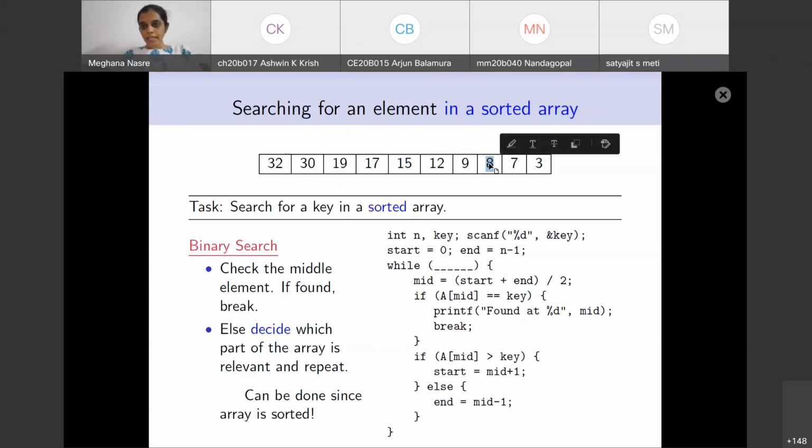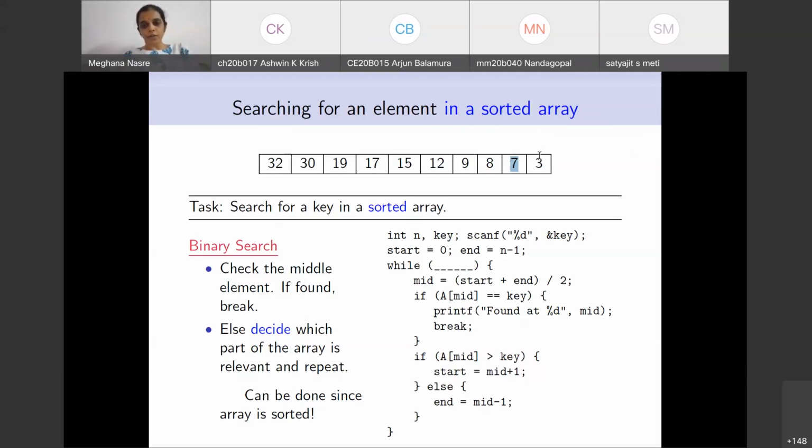At this point, 6 is smaller than 8. Therefore, we are going to again modify start. And at this point, we'll go to index 8, which has value 7, which is again not equal to the key. Finally, we will go to this index. Note that start is equal to 8, end is equal to 9, after which start will become 9, end will become 9.